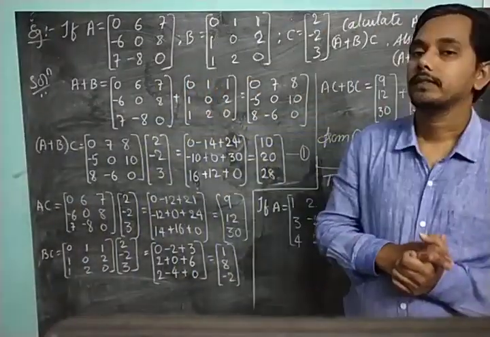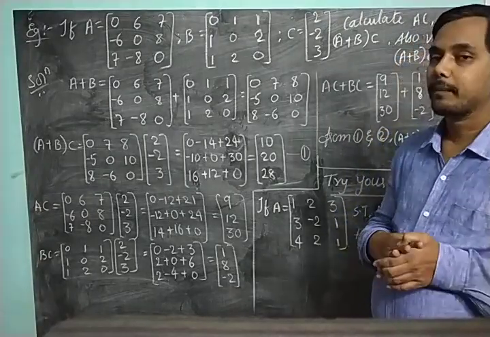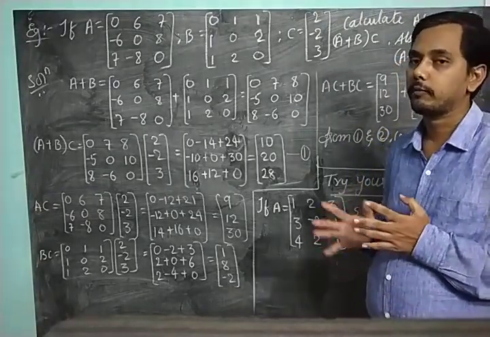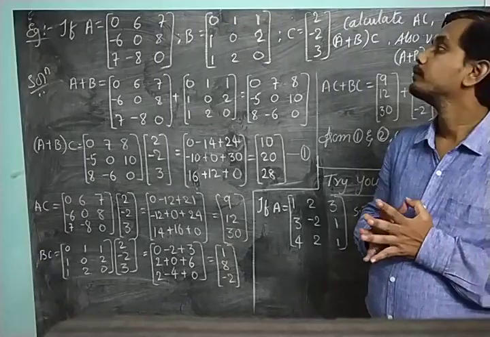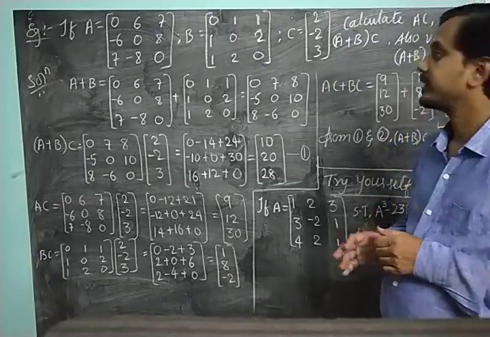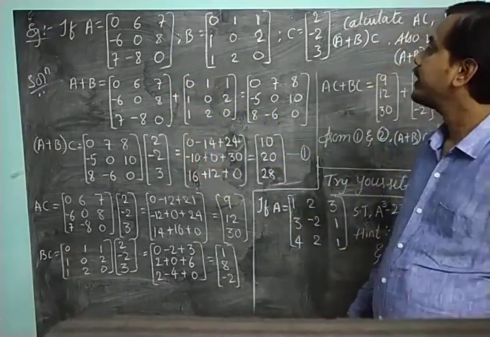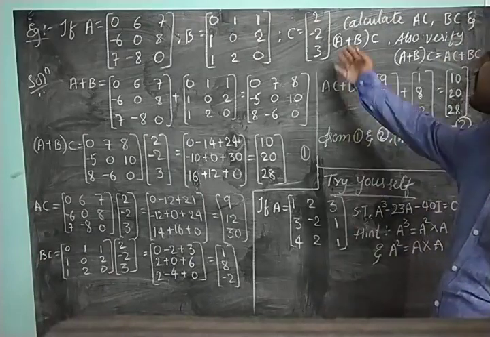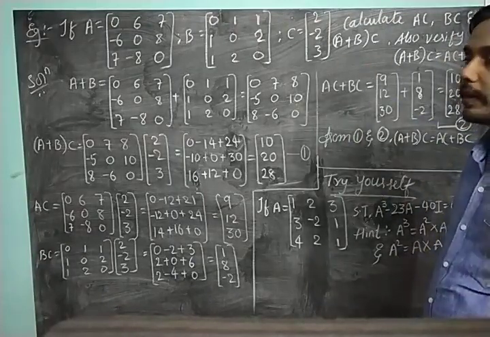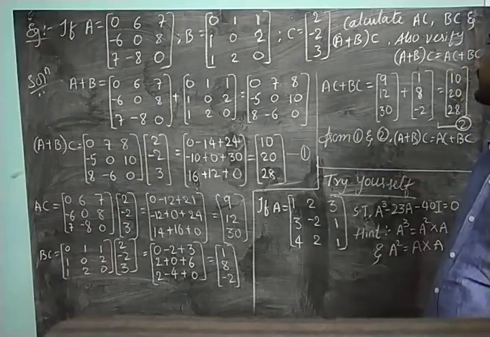Okay students, so I hope you have taken down the previous slide, right? So that was the example we have solved on properties of multiplication of matrices, right? So now let us take one more example and try to understand that one. Okay, A is given by 3 cross 3 matrix, B is also 3 cross 3 matrix, and C is 3 cross 1 matrix. A is 3 cross 3, B is 3 cross 3 and C is 3 cross 1.